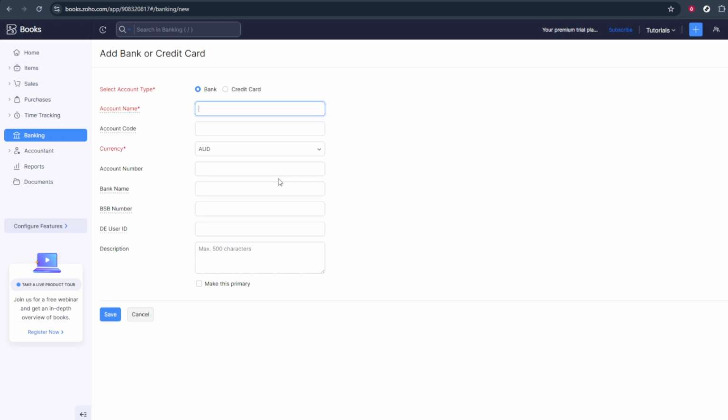Finally, once you've chosen your bank or added an account manually, just follow the on-screen prompts. These might include choosing which specific accounts to connect, selecting a start date for importing transactions, or confirming that you agree to the connection. Take a moment to review each screen before you click Next, so your data imports exactly how you want it. When you're done, Zoho Books will start syncing your transactions. From there, you can categorize them and reconcile your books much